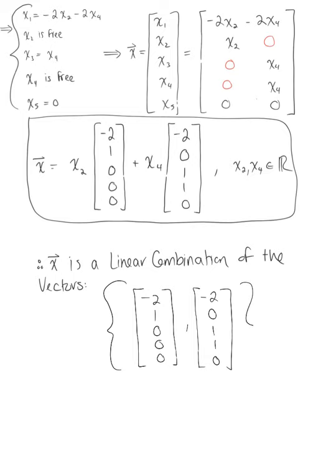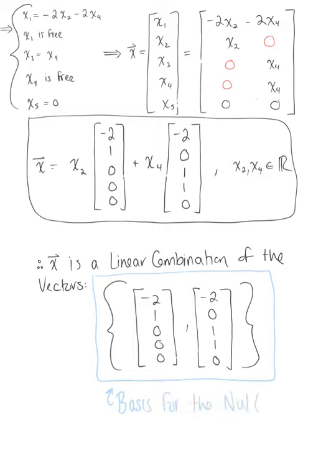And this is the basis for the null space of A. So part A is all set, and we're ready now to go ahead and find a basis for the